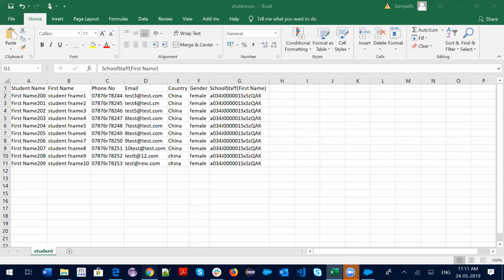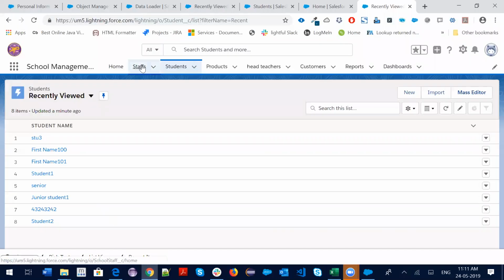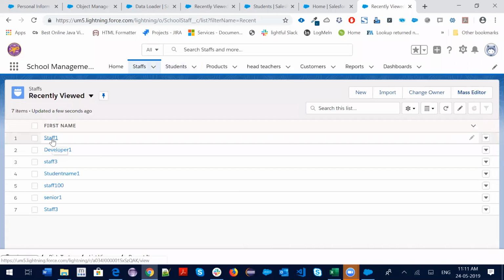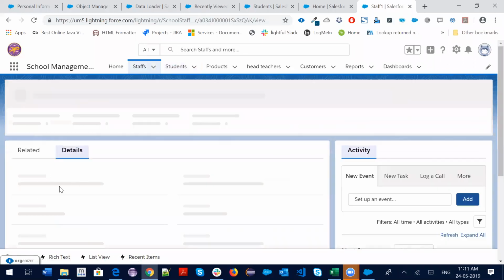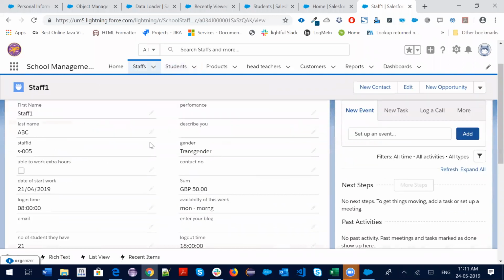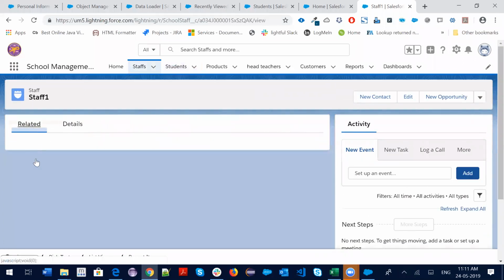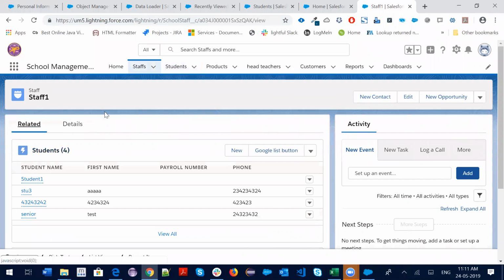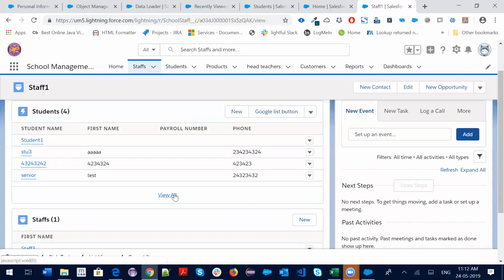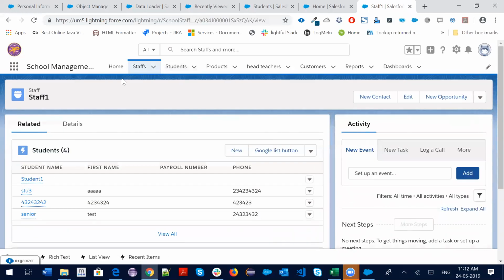Now I will go to the parent object, that is Staff. Under Staff, I'm going to insert some student records. The student's parent is Staff. There are already four records there. I'm going to insert some more records under the parent object. Staff is the parent object, and I'm going to insert some student records. Now let me go to the